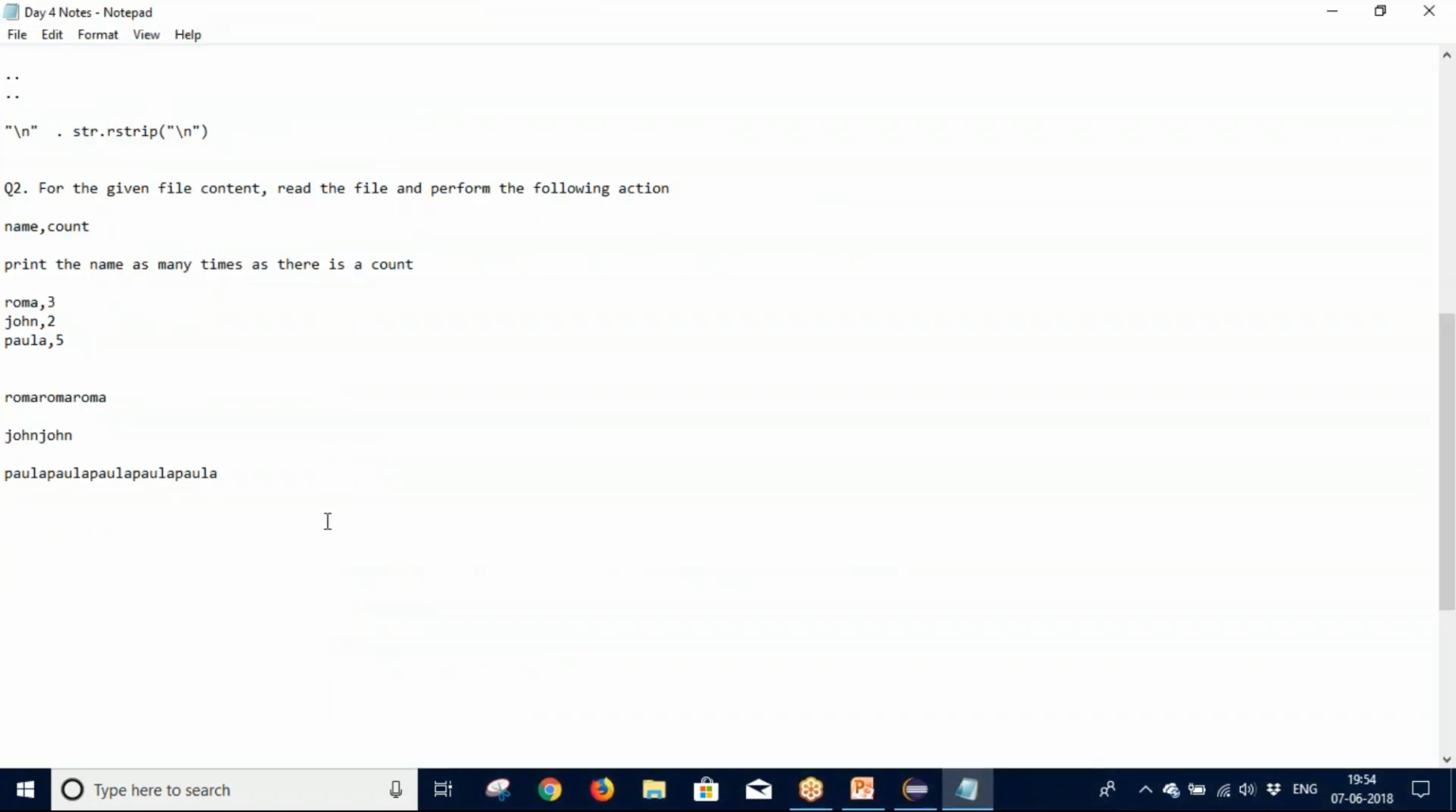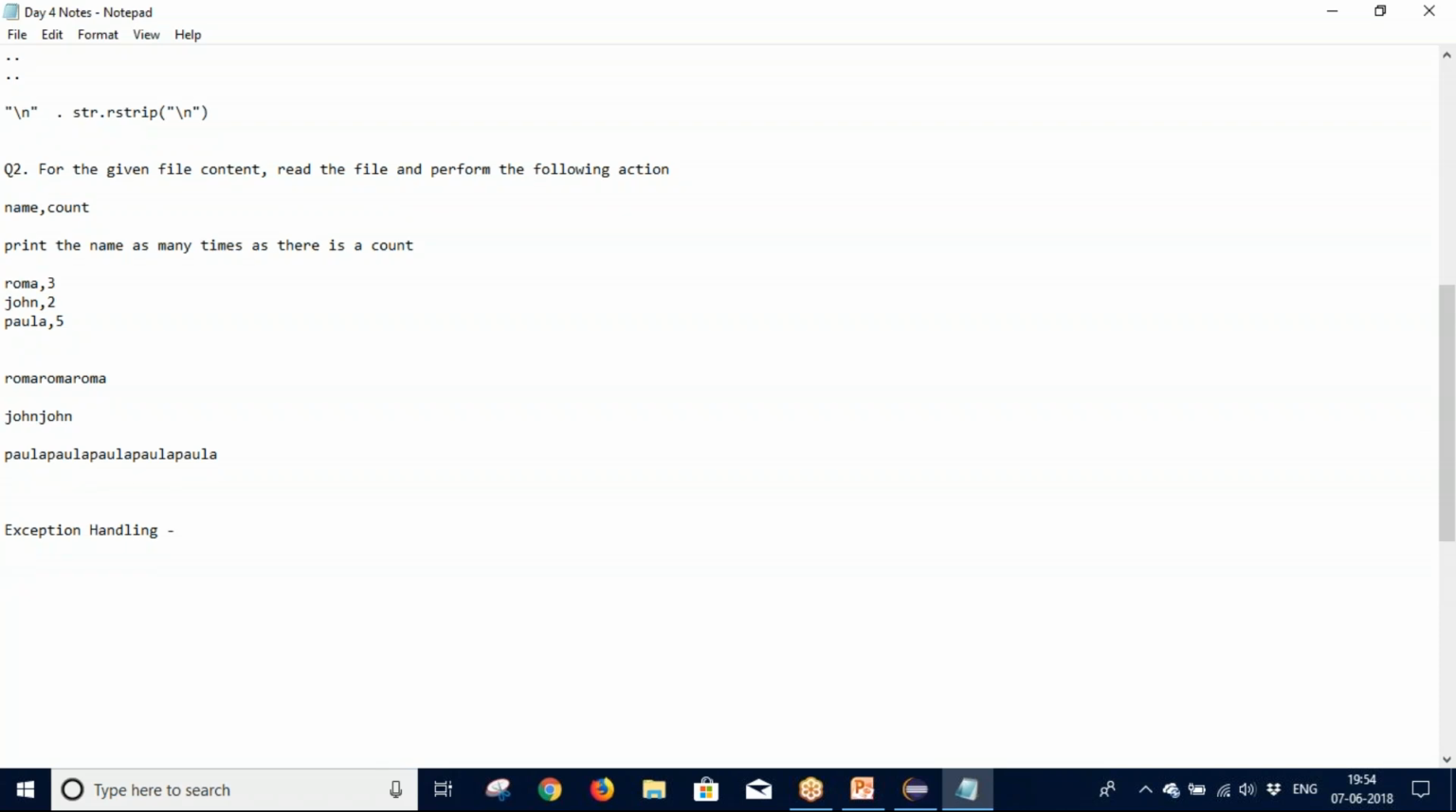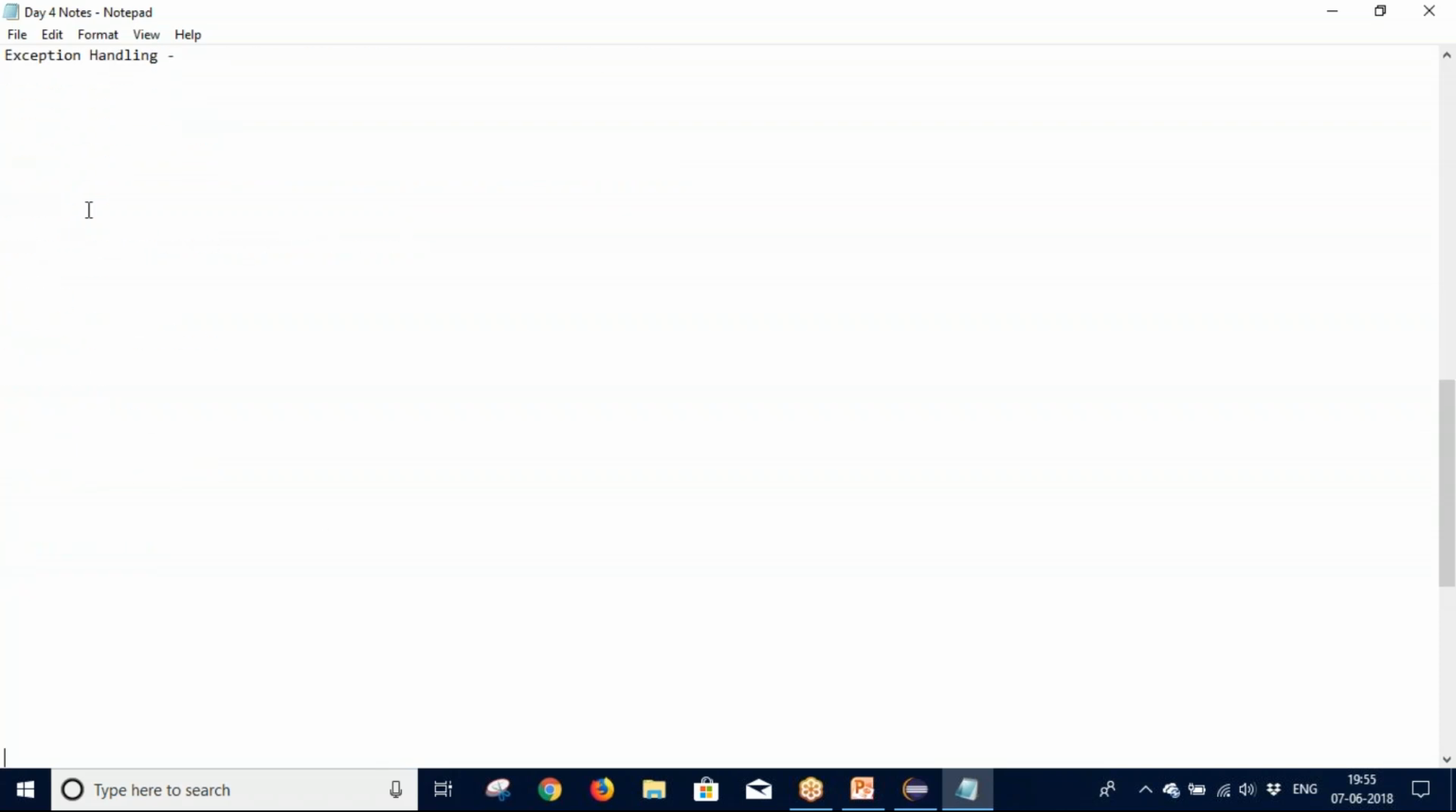So the next concept which we are going to understand is the concept about exception handling. Exceptions are, okay, before we talk about exception, let's talk about error. We all have written down the programs now, right? What are the different types of error you can encounter? Syntax errors, runtime errors,